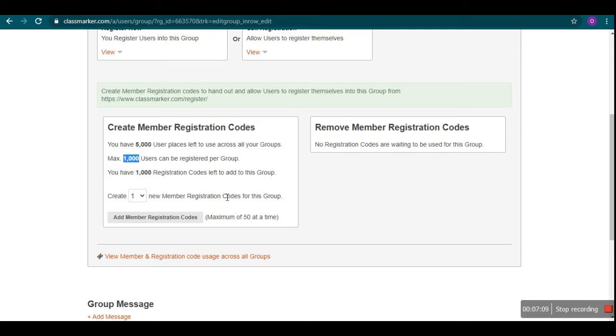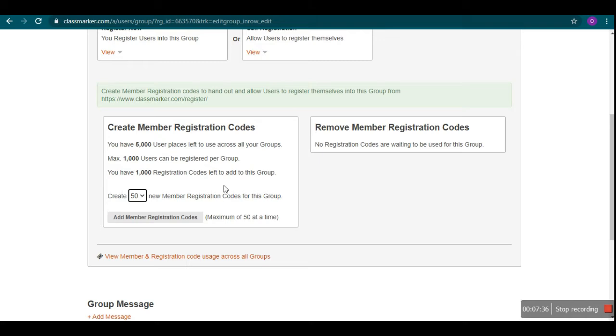Now here you are finding create one new member registration code for this group. Suppose you want to keep all your students; maximum 50 can register at a time, and it is showing here also. So you have to generate 50 registration codes.